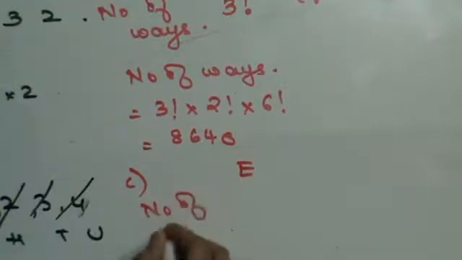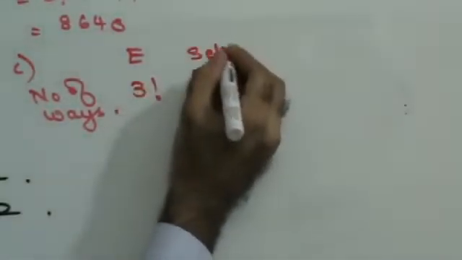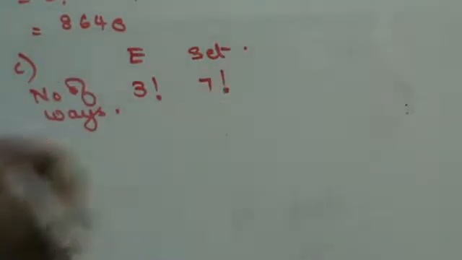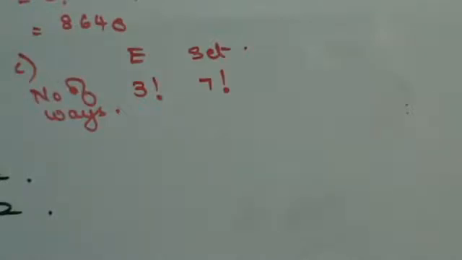Next, only the eco books are together. Number of ways. They are saying that only the eco books are together. Now how many eco books are there? There are 3 books. 3 books, 3 places will be arranged in 3 factorial ways. Now, they haven't said anything about the history and the geography books. So each book of history and each book of geography will be treated as one set. 4 books of history, that makes 4 sets. 2 books of geography, that makes 6 sets. And 1 set of eco, 7 sets of books you are going to have. 7 sets of books will be arranged in 7 places, so they can be arranged in 7 factorial ways.